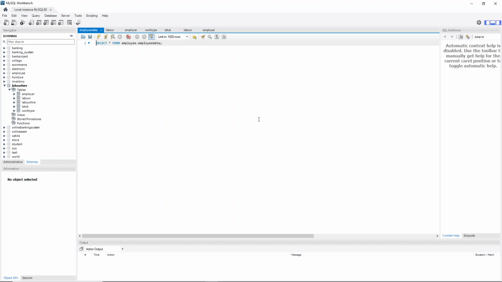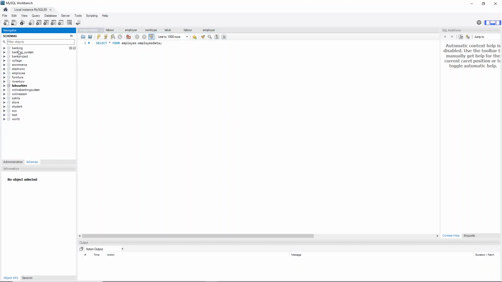All right, so let's create a new database. Let me check whether I have any employee database. I already have an employee database, so first let me delete this employee database. It's very simple. Just remember,